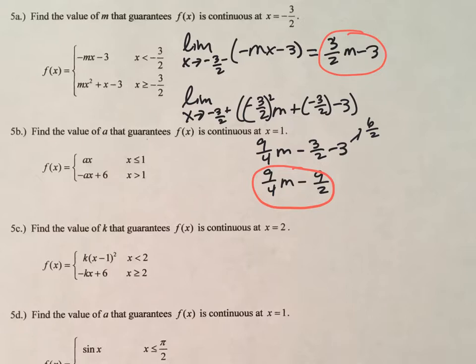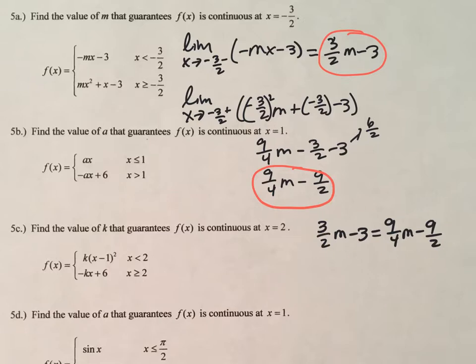Now these two limits have to agree, so I'm going to set them equal to each other. I'm going to take negative 3 halves m minus 3 and set it equal to 9/4 m minus 9 halves. I might recommend that you do these problems on a piece of notebook paper because they're taking up a lot of space. So to solve this equation for m, I don't know about you, but I don't like these